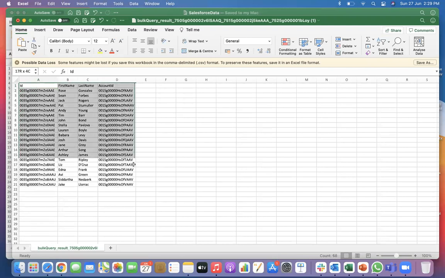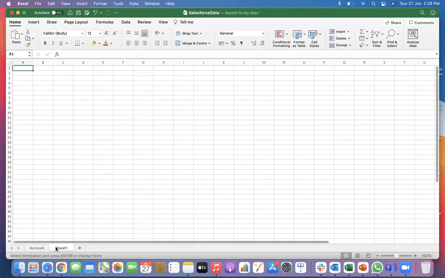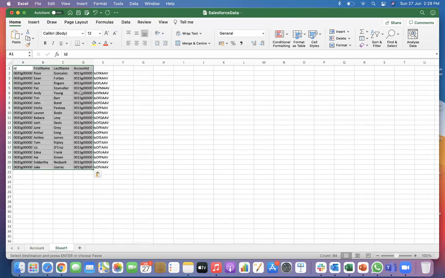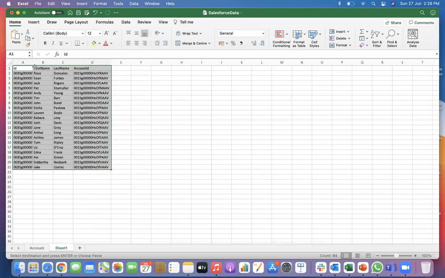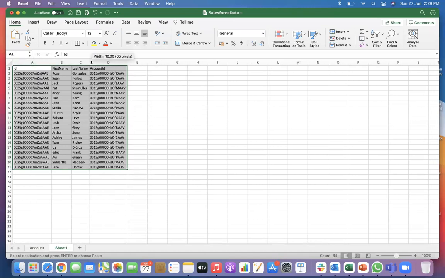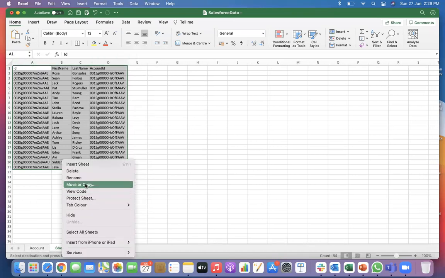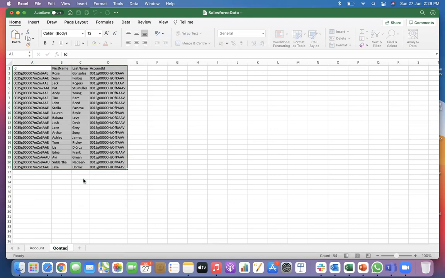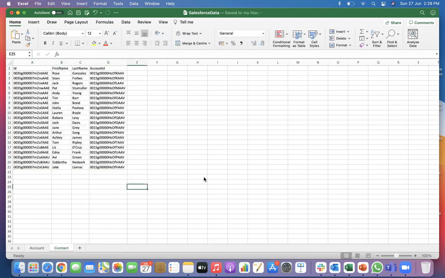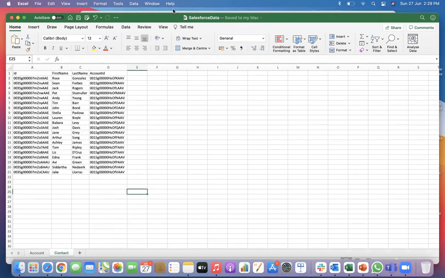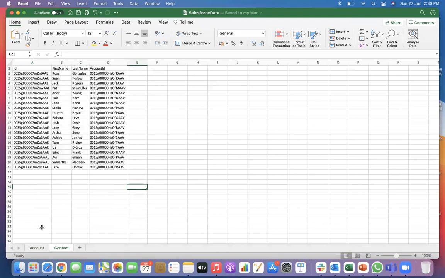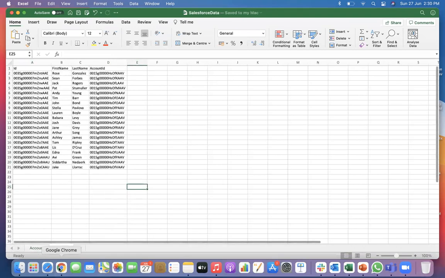What I can do is that I can copy this one whole record and I can go to this sheet, copy paste this one. And rename this to contact. Super easy, right? So I am creating an Excel sheet called Salesforce data, where I'm storing the values from different tables into this one, right? Quite similar to Excel sheet working, isn't it? So here, if you see this contact,